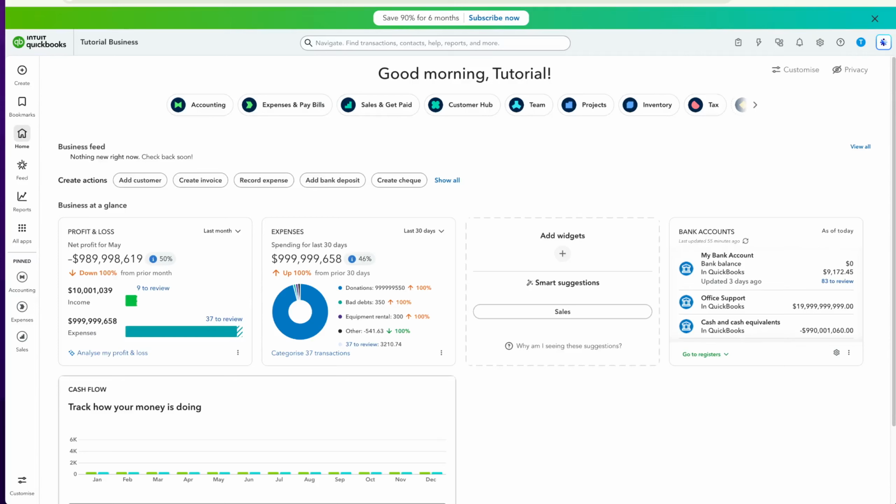In today's video, I'm going to teach you how to assign account numbers in QuickBooks Online. Assigning account numbers in QuickBooks Online can help you stay organized, especially as your bookkeeping needs grow. By using a logical numbering system, you can quickly identify account types and streamline your financial reports. Whether you're new to QuickBooks Online or just looking to optimize your chart of accounts, this tutorial will guide you